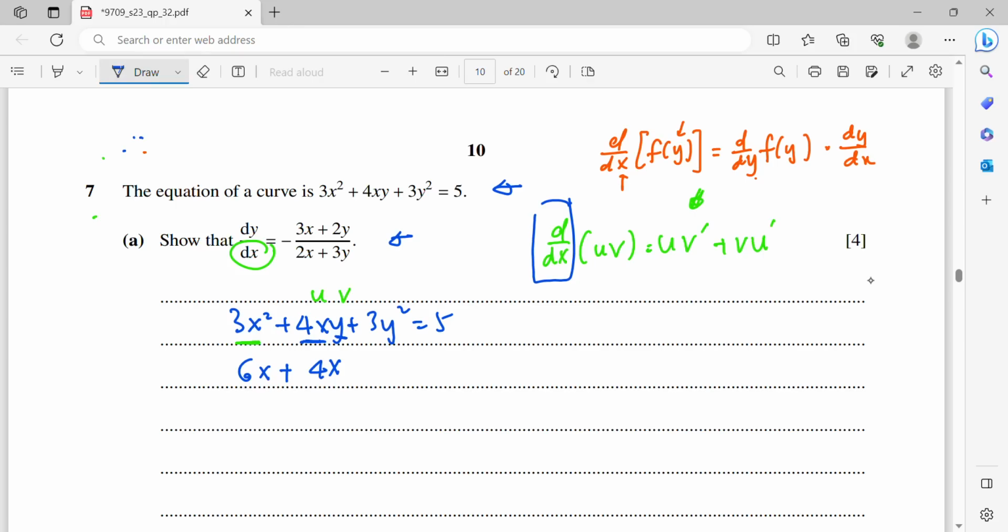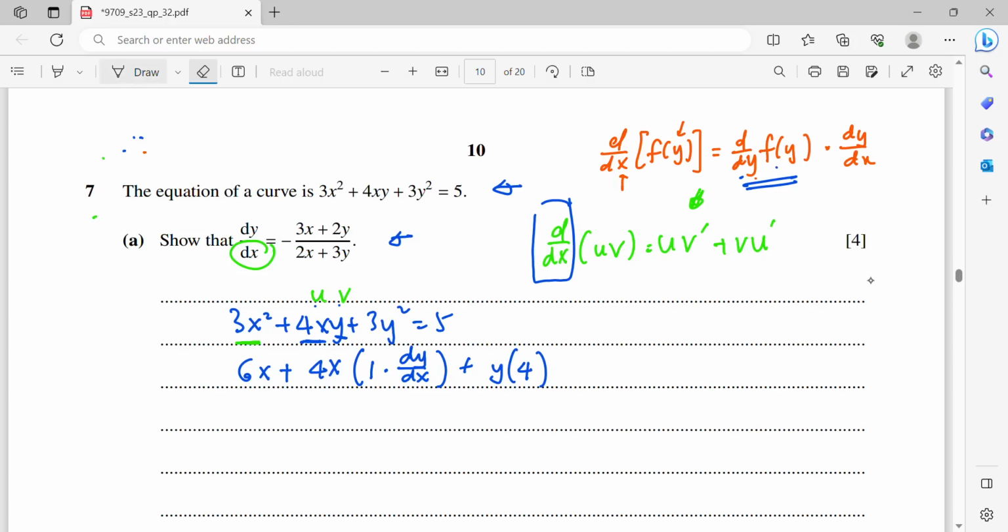So when I differentiate y with respect to x, firstly differentiate y with respect to y, so it will be 1. Then multiply with dy over dx. Okay, then plus, keep the y and differentiate 4x. So when differentiating 4x, it will be 4. Okay, so now the next one is the same. If you need to differentiate